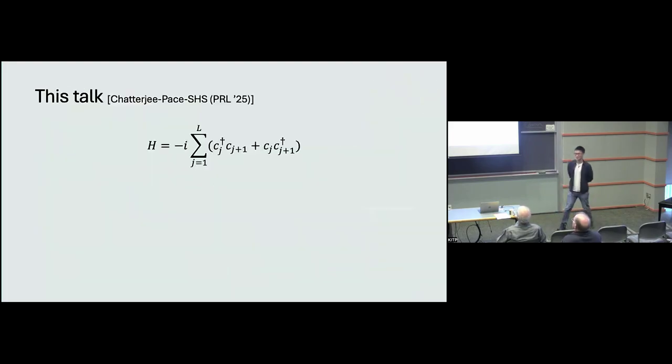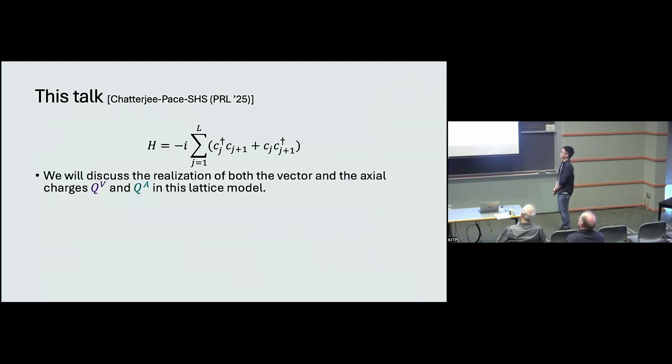So in this talk, we are going to offer a slightly different perspective on the axial symmetry in this simple Hamiltonian lattice model. We're going to find both the vector and the axial global symmetry exactly in this lattice model. And what do I mean by that? I'm going to write down an explicit operator that acts on this 2 to the L dimensional Hilbert space. One of them is QV, which I already did. The other is Q axial. Both of them commute with the Hamiltonian for finite L. And therefore, I want to call them symmetries.